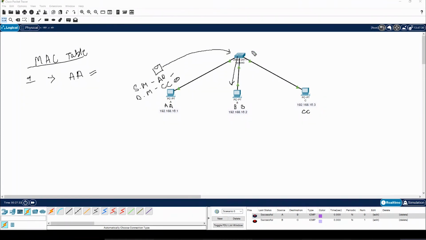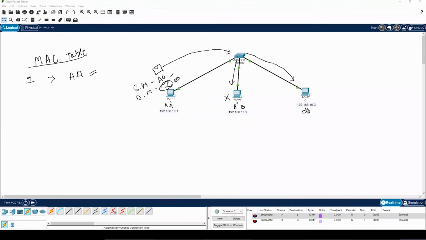It will send the same message to B, and the same message to C, and ask whether there is anybody with a MAC address of double C, which is the destination MAC address. It will ask PCB, are you the one with the MAC address of double B? PCB won't respond to that and will drop the packet.